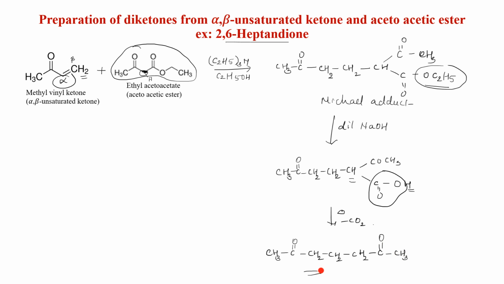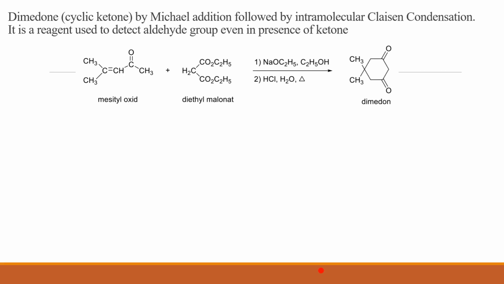Then one more reaction we will do, which is an application again, the preparation of diamidon. So this is the whole reaction, and these are the two reactants. So I will show it this way only. The base is used over here, and I'll just write it this way. First, this is your active methylene group, this is your alpha carbon, this is your beta. So draw it this way, CH3, CH3. This is your alpha where hydrogen is going to go. So hydrogen we have attached, and what is present there? C double bond O, CH3.